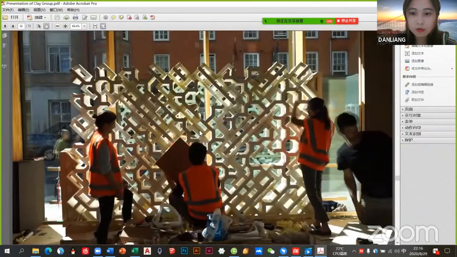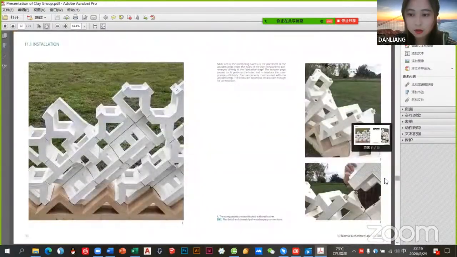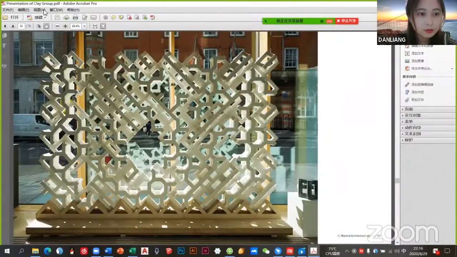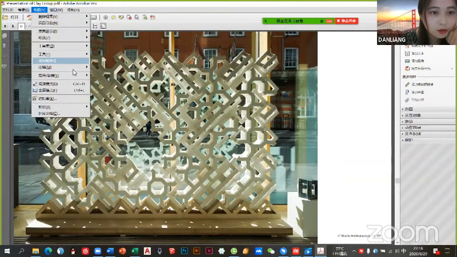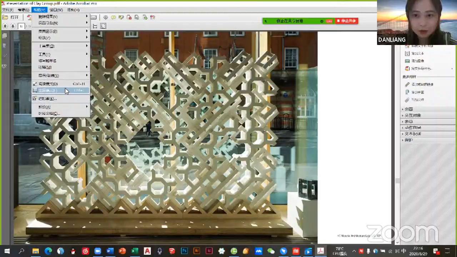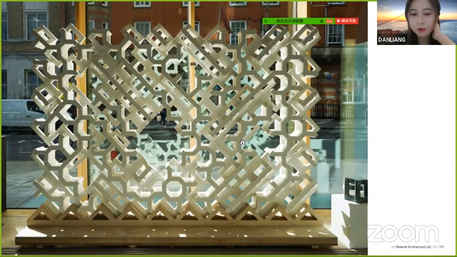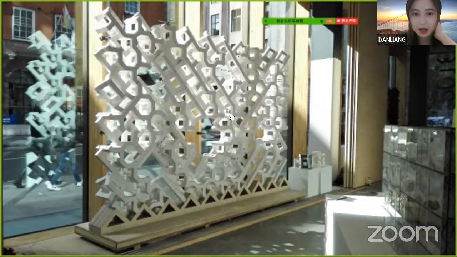So then we removed all the supports, and we will get the final. Then we get the final sample wall to be like this. It creates a very appealing visual effect of the light changing because of the geometric complexity. When the daylight changes, the whole atmosphere in the exhibition hall gets influenced by this facade, it actually kind